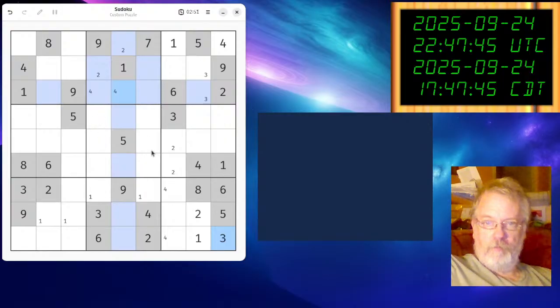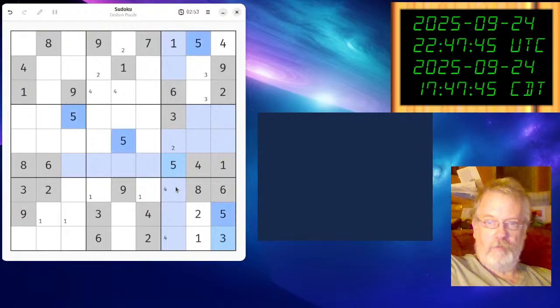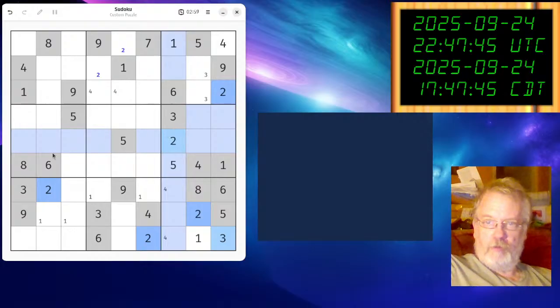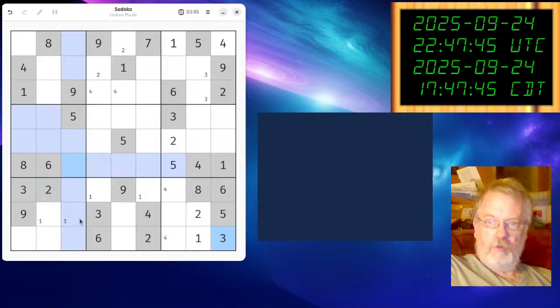On to 5s. We now put a 5 here, which turns this into a 2. Does that fix anything over here? We now know none of these, so one of these 2 here or here will be a 2. Up here, I've still got 3 possibilities. Here, I've still got 4 possibilities. So, going back to